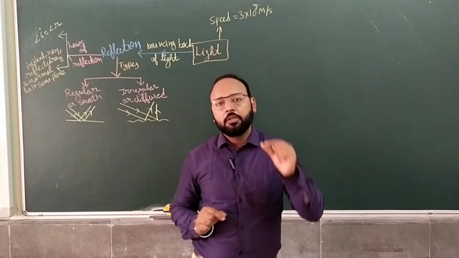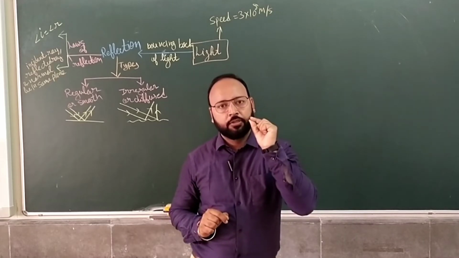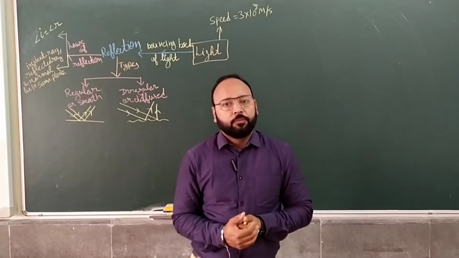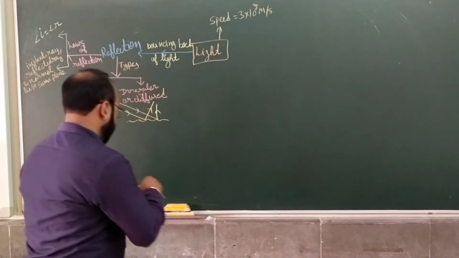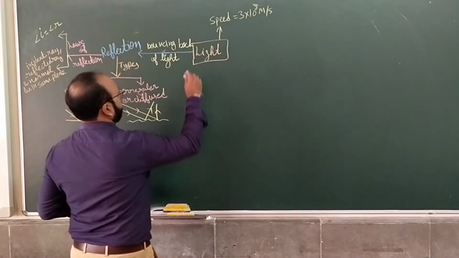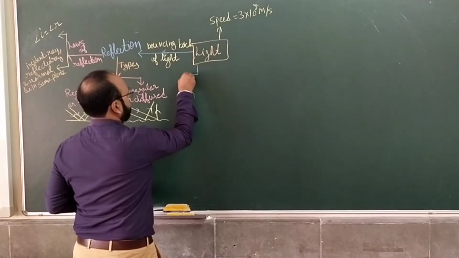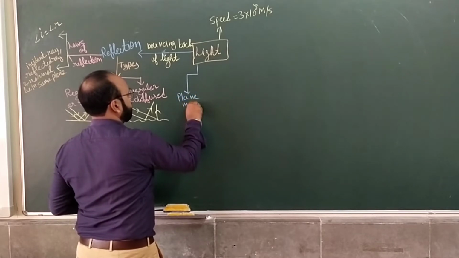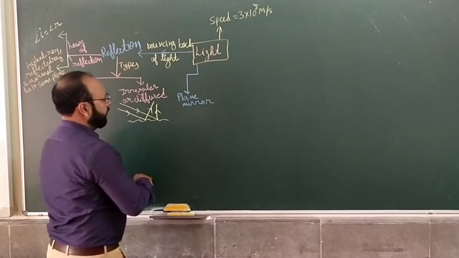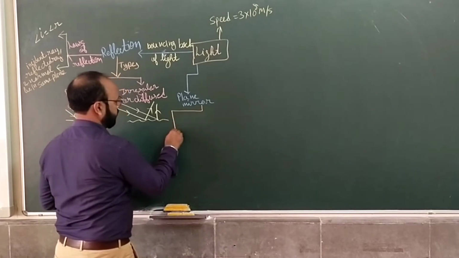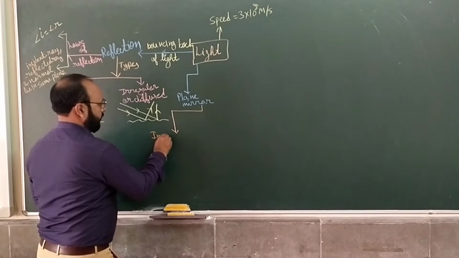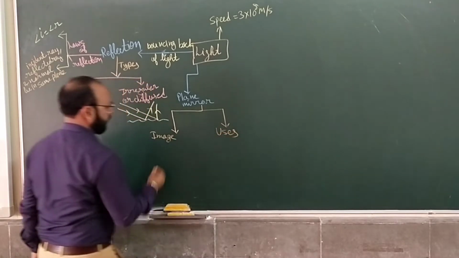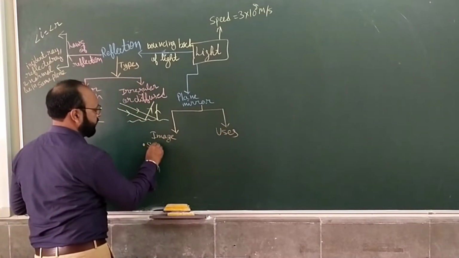Now I was talking about the plane mirror. If you remember, dear children, a plane mirror forms an image when we stand in front of the mirror. We can see it. The characteristics of the image formed by a plane mirror we can also write. In plane mirror, we can discuss further image and uses. So in image we know that it is the same size,